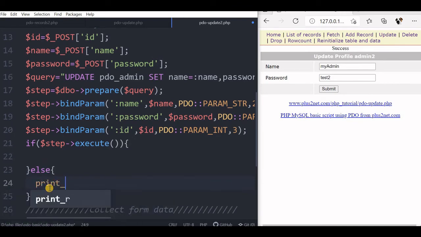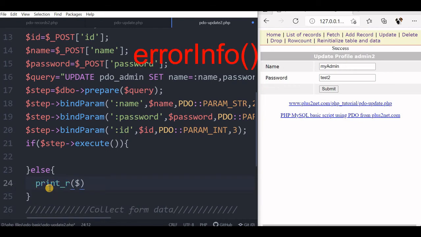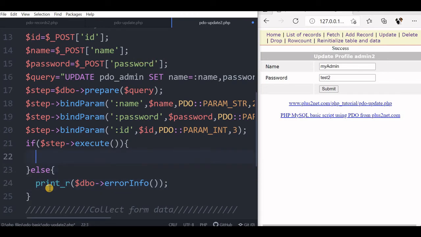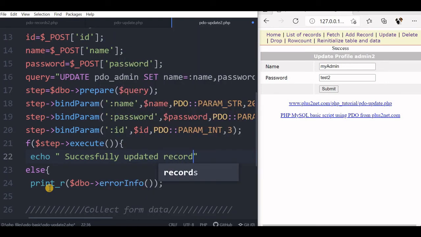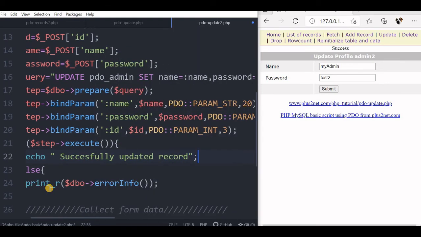So we will say print r, DBO error info. So we will print the error info here. Then if step is executable, we will say echo successfully updated record, or you can write anything, whatever message you want.